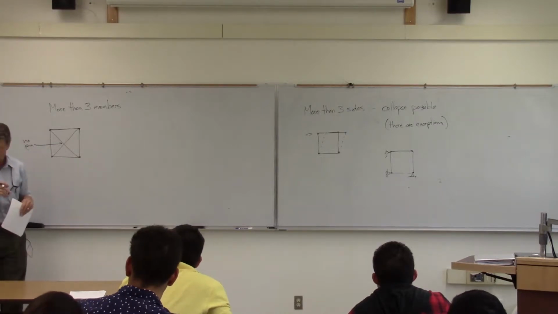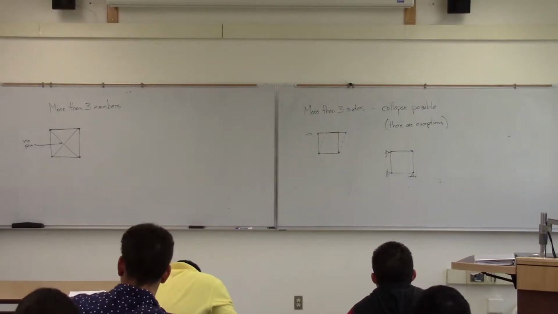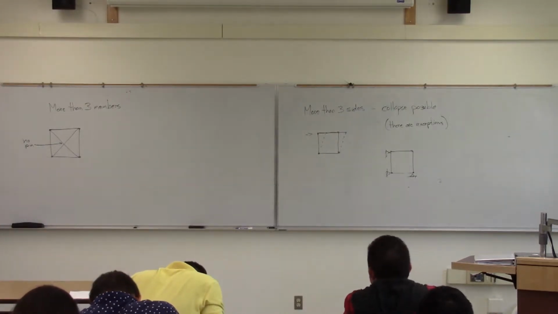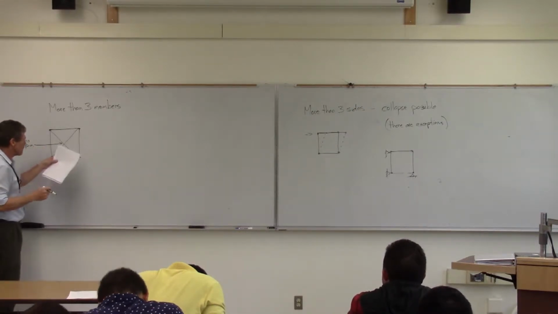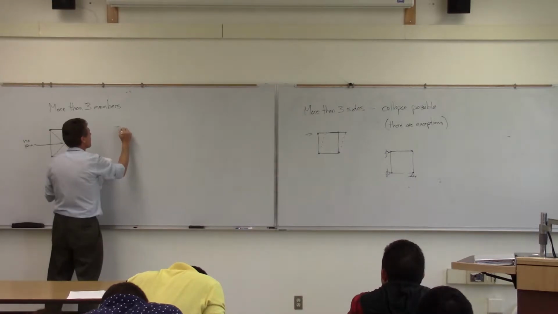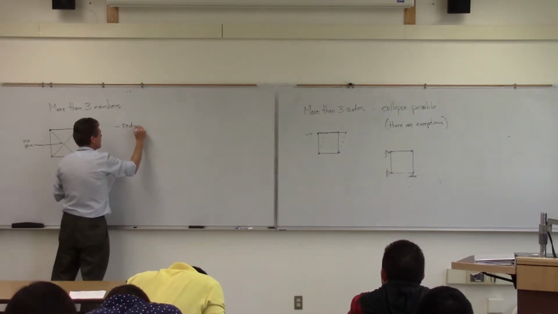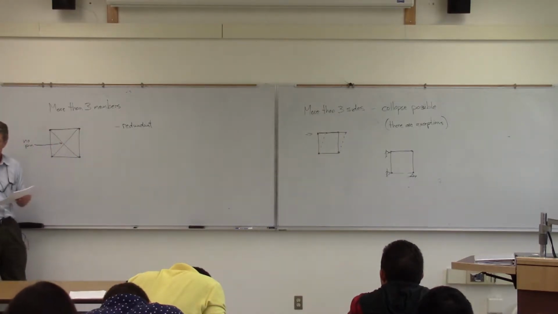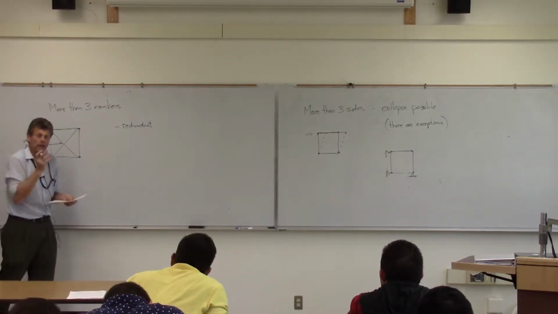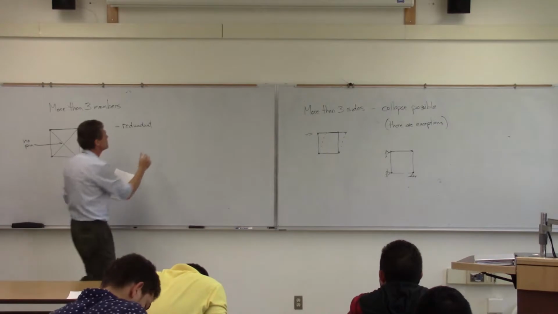Okay, we have structures like this, and actually you'll see most bridges and that sort of thing are going to be composed of this. If they have more than 3 members, then we have a redundant system. And as engineers, that's what we like, because what that means